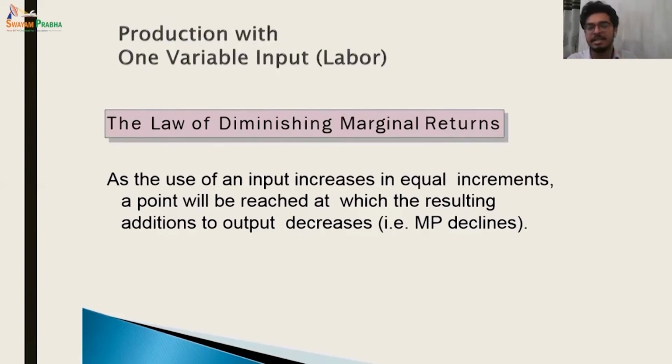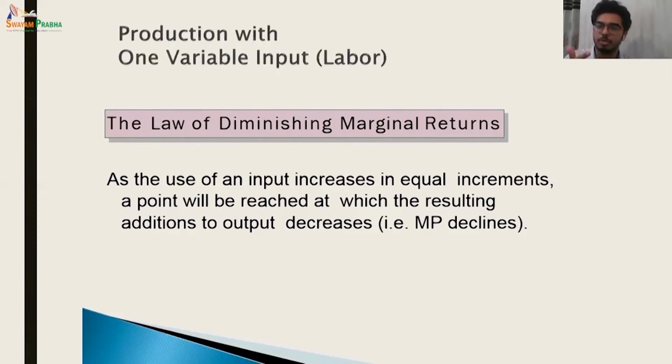That means the additional utility you are gaining from every unit of consumption of a particular good or service, your marginal utility, first increases and then starts declining, right? So the marginal utility does fall after a certain while. Similarly, over here, we have seen the marginal product rises for a little while and it starts falling after a certain while. And return is the word we use, like diminishing marginal utility over here, diminishing marginal return, because